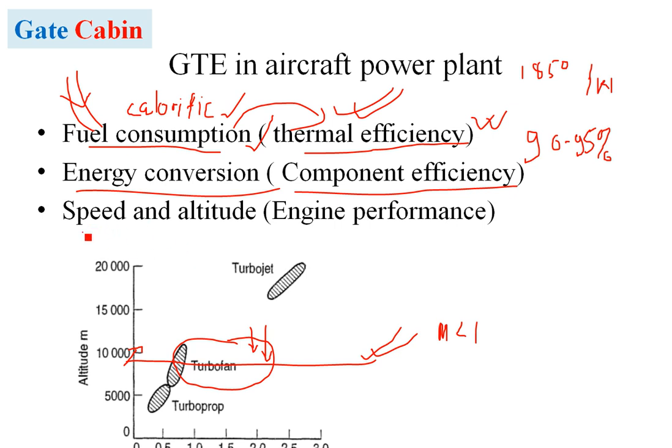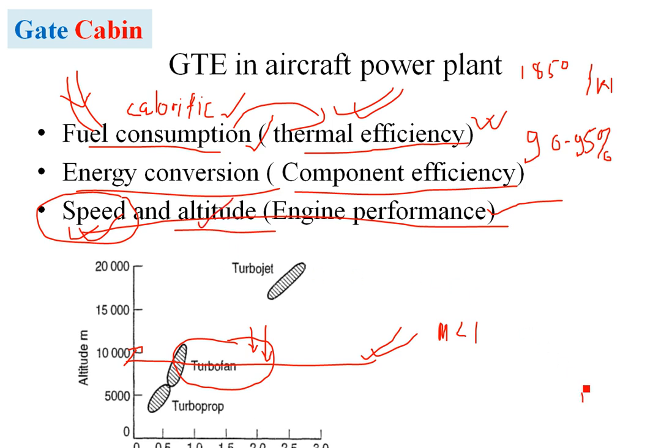And then the third important criterion is speed. We have to compromise somewhere on the fuel, somewhere on the performance. Because we are aiming to reach high speeds, and when we try to reach high speeds, we have to suffer with the altitude. There is a different thing when we talk about a rocket engine, because a rocket engine is completely different from the aircraft which is running inside the atmosphere. So we have to take care of the altitude also.